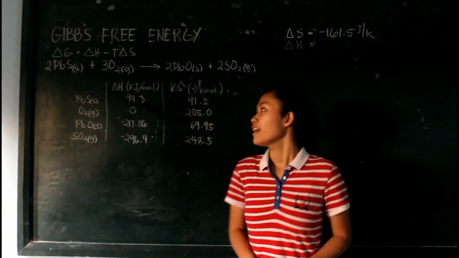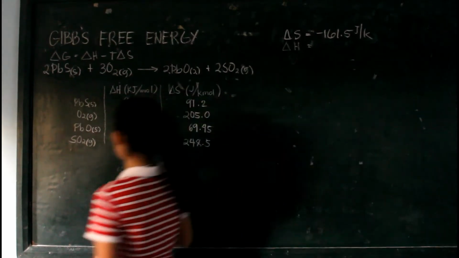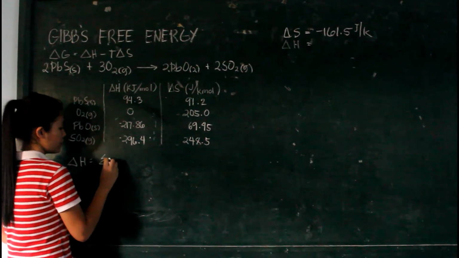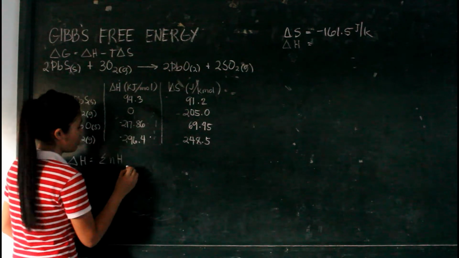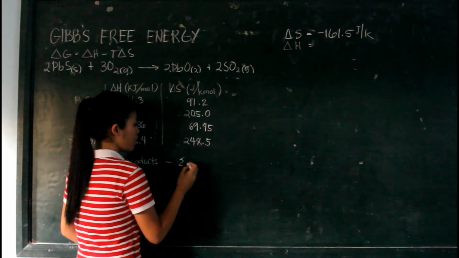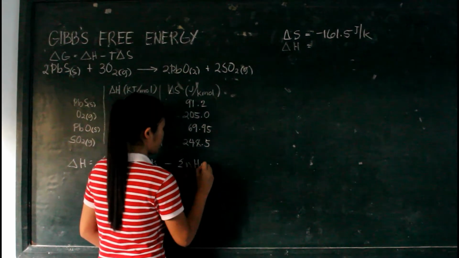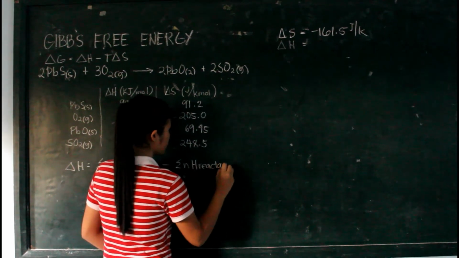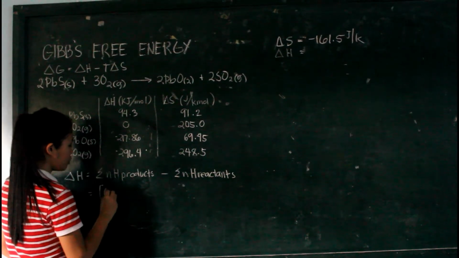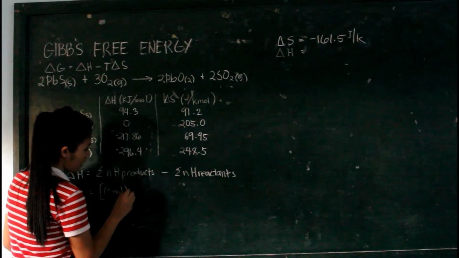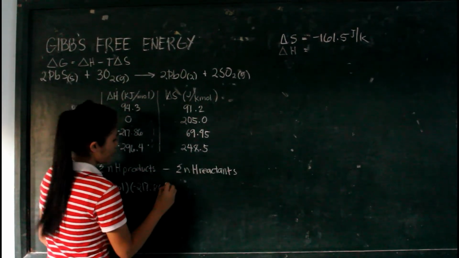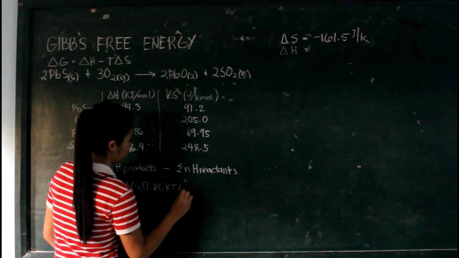So now let's find the value of delta H, using the equation: the summation of the number of moles times H of products minus the summation of the number of moles times H of reactants. So we have here the summation of 2 moles times negative 217.86 kJ per mole